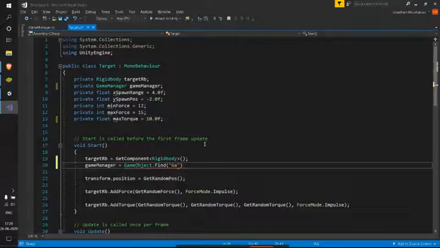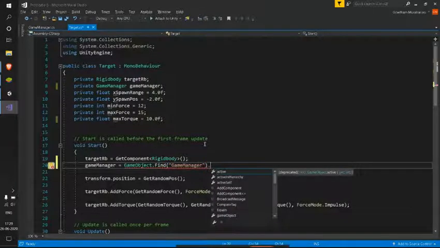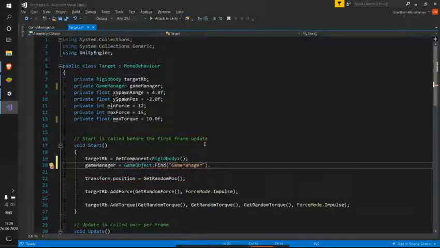So game manager. If the name, even the case, changes, we'll have the issue of not getting the reference to that.